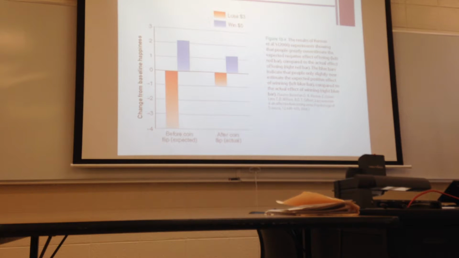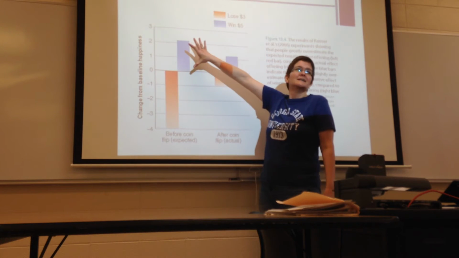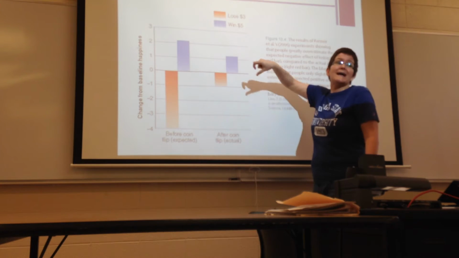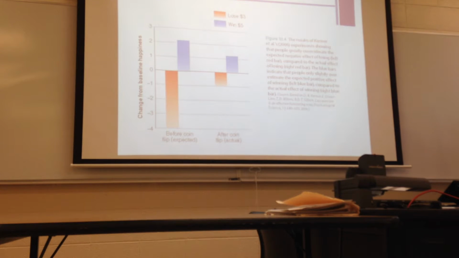Similarly, though, they think they're going to be super happy. Kind of sad. But they think they're going to be about twice as happy as they actually end up being when the outcome comes out how they want. I mean, winning $5, you're like, yay, $5. But, you know, okay, it's $5. What can you actually get for $5?